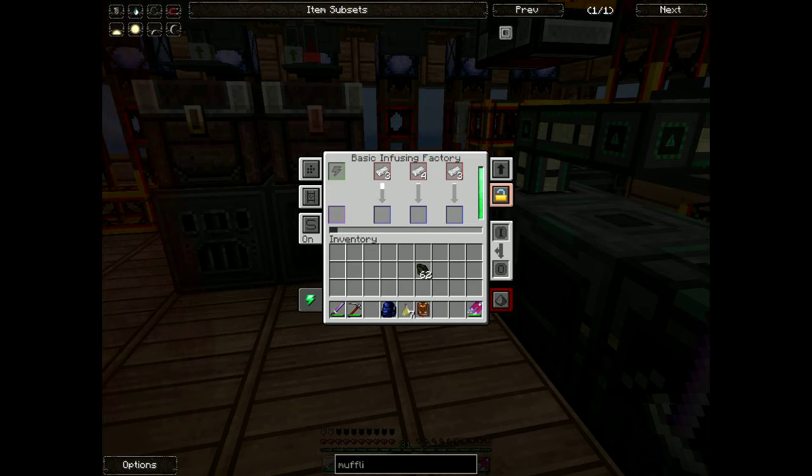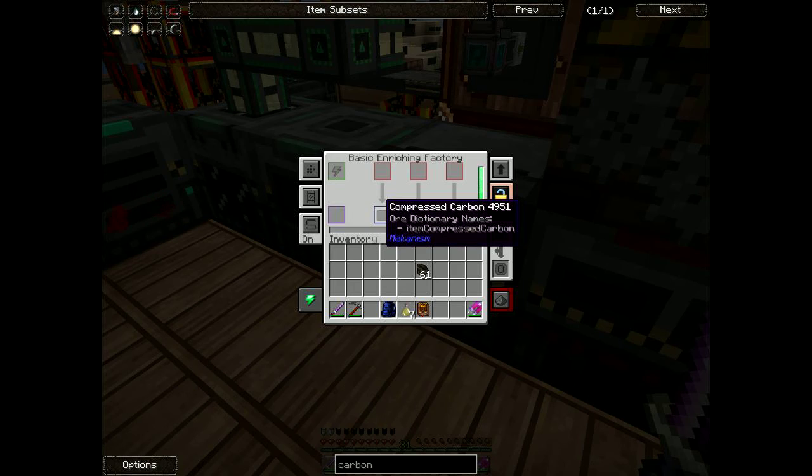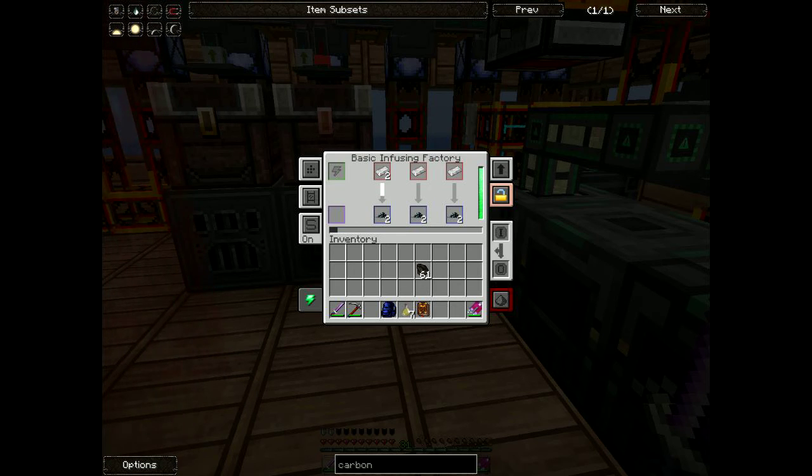Oh, auto sword on. Thank you. Yeah, we're gonna have to put another one in there. So, carbon is... Yeah, compressed carbon is apparently only 80 rather than 100, which is really too bad. But we'll be able to...